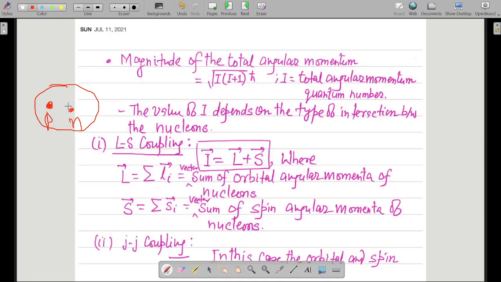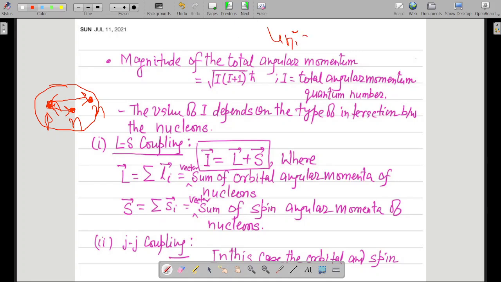Suppose this proton and another neutron are far separated from one another. In such a situation there will be a different type of interaction, and each unique nuclei